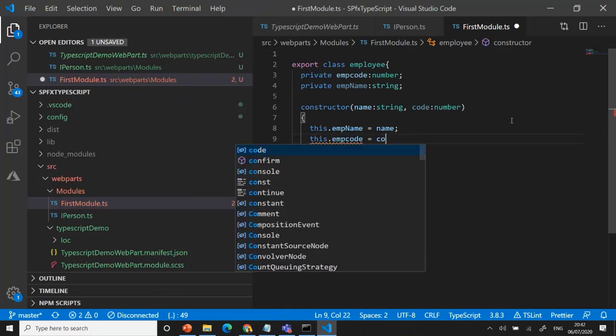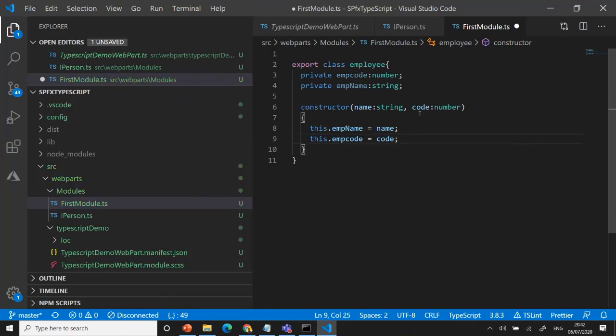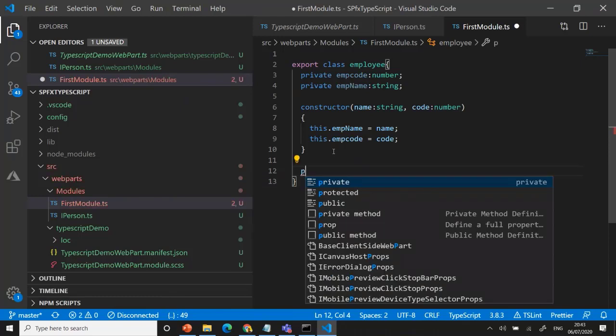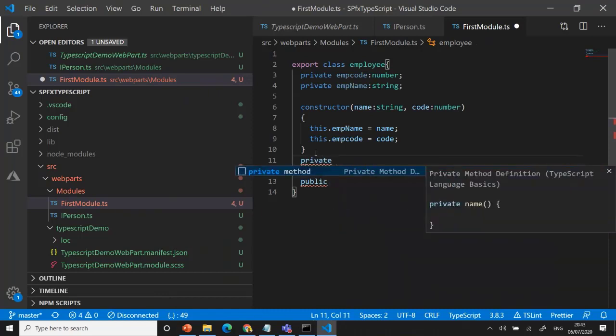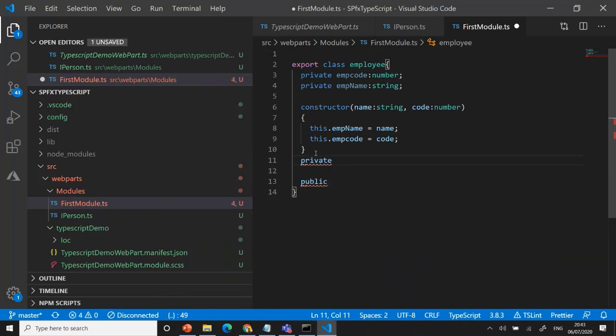Code equal to code. Okay, just assigning the value while inserting a new value coming. Then if you want to call some method and execute the value, you can use it, right? For example, I can use some public method. Whenever using a private method, it will not be accessible from outside. It's accessible from the same class only. For example, I want some private method to do, for example, I say get value or sales or print.